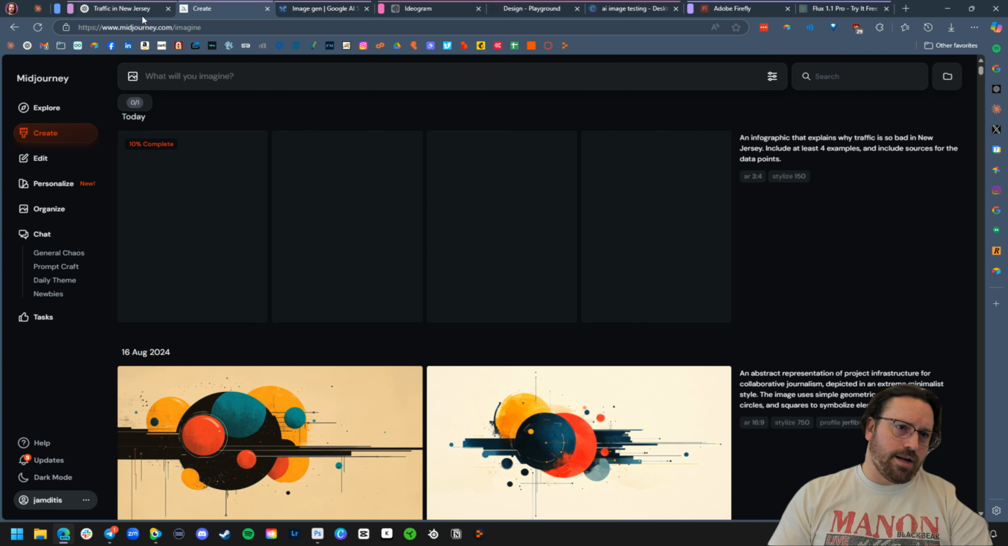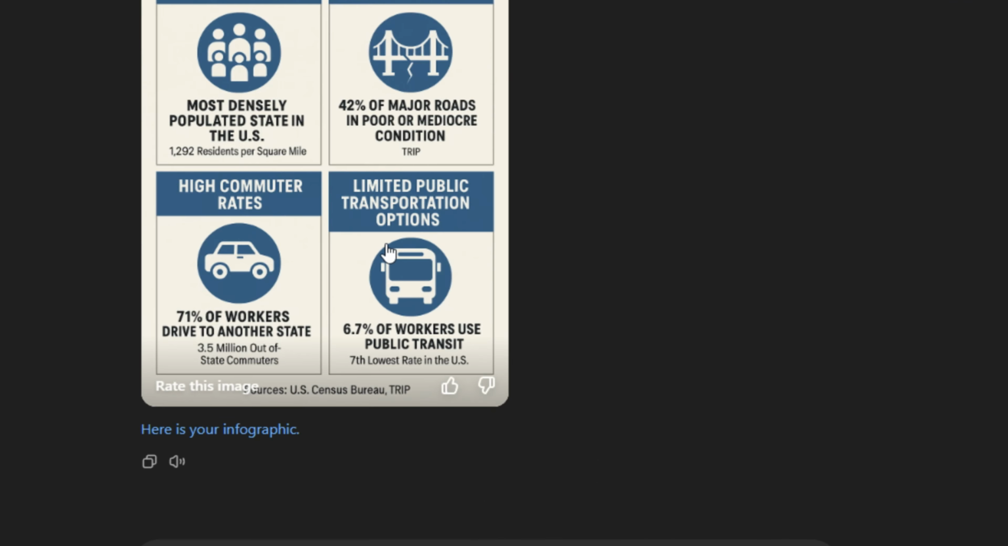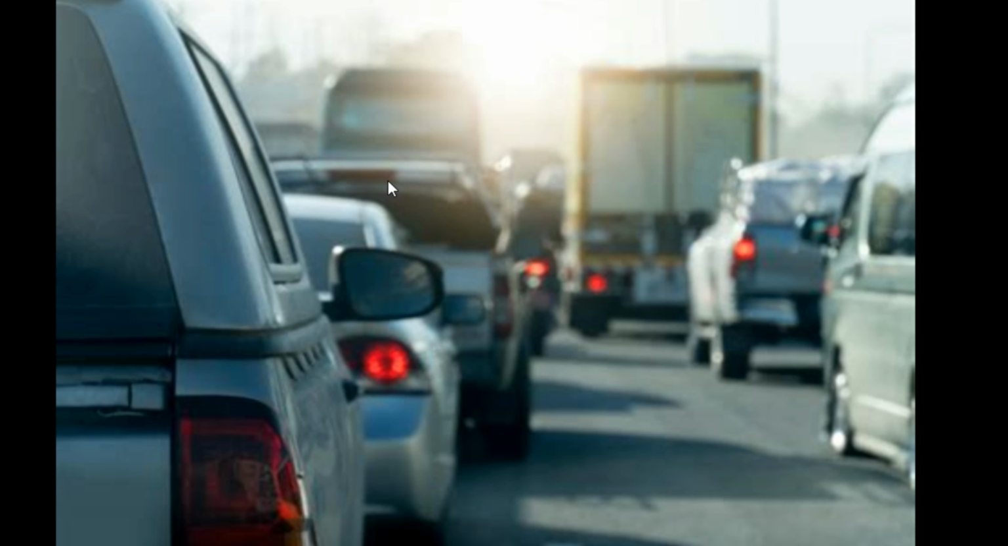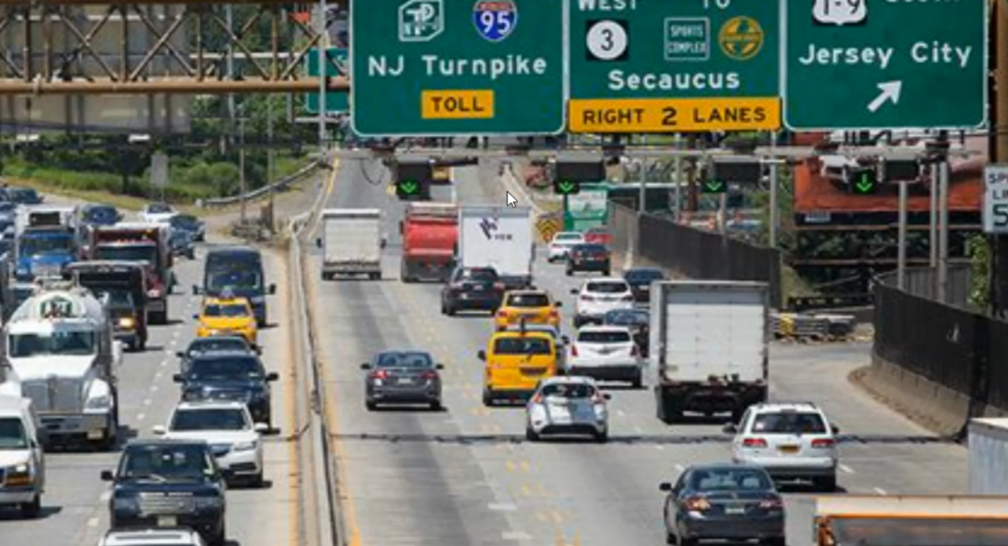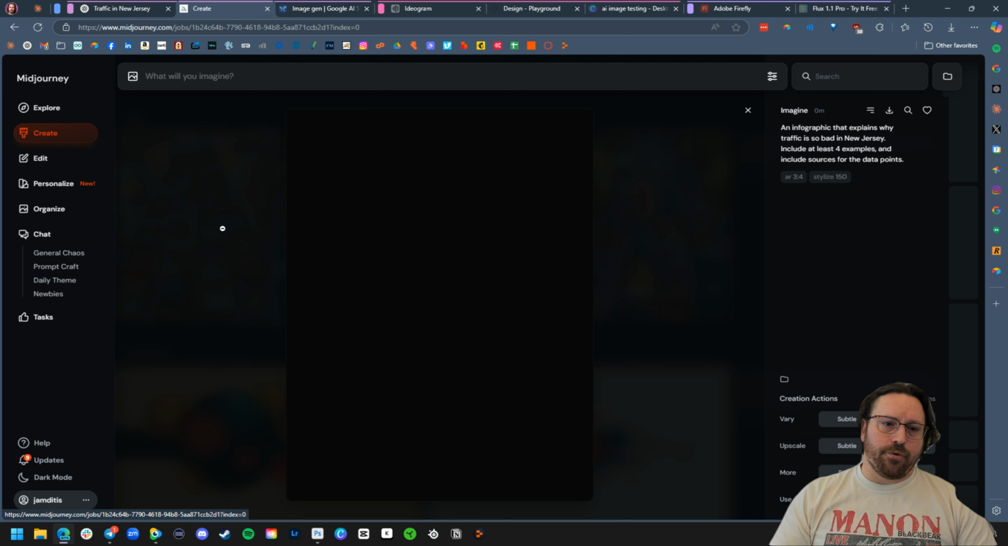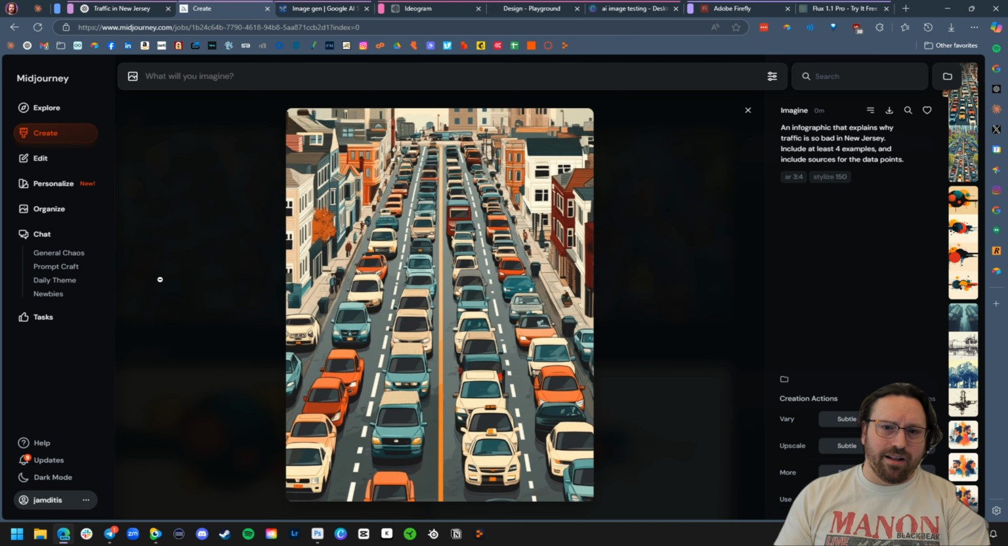Now, in contrast to what ChatGPT did, ChatGPT gave us 1 image. Technically, these are not ChatGPT's images. These are photos, actually. Here we go. Midjourney gives us 4. And while these are visually maybe a little bit interesting or aesthetically interesting, we can already